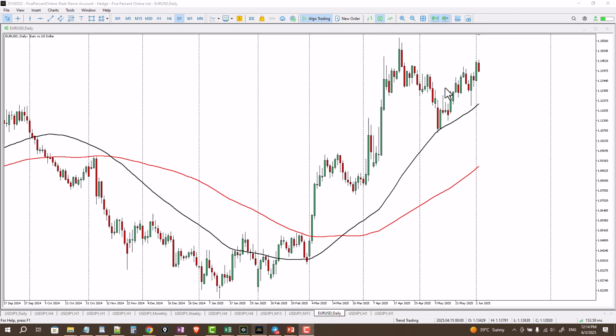So this is showing us that price is above the moving average, and the first moving average is above the slow one. So we're basically in an uptrending market. And not only that, if we're using market structure to identify our trends, you can see that